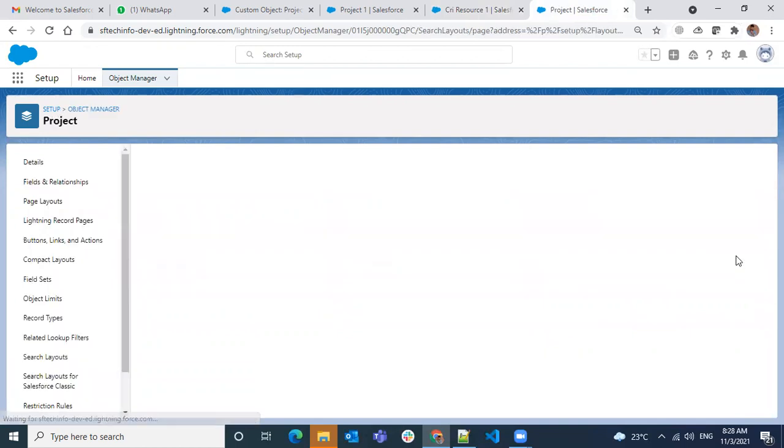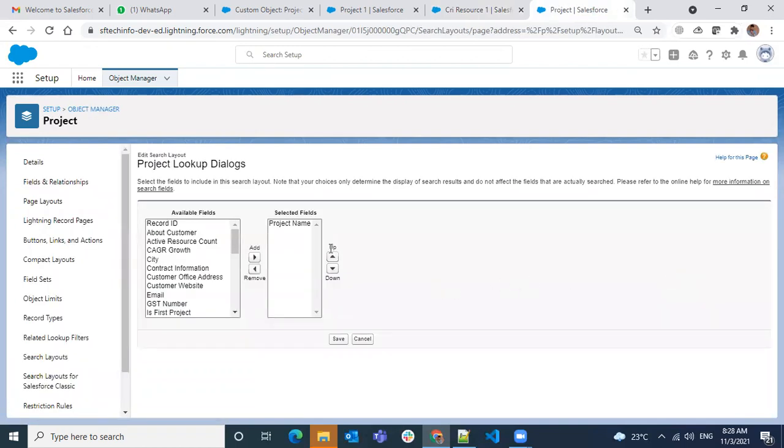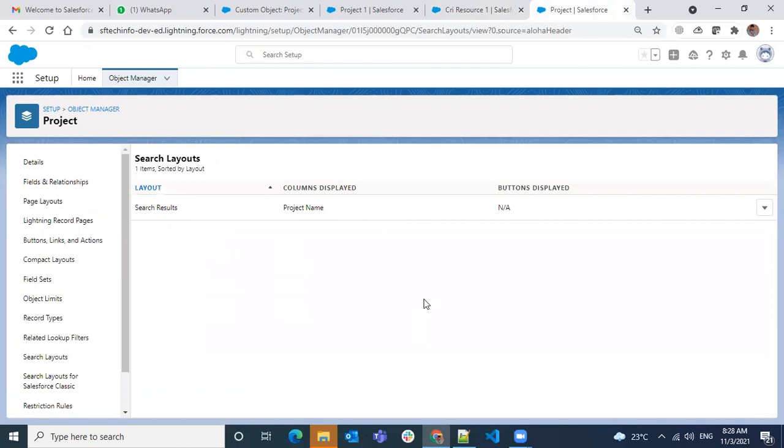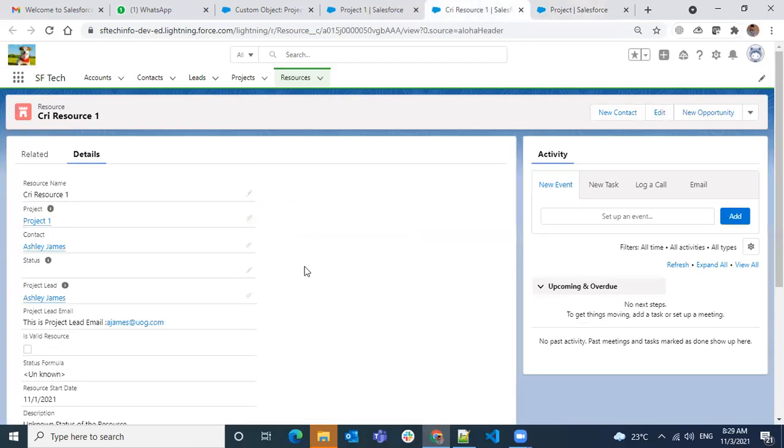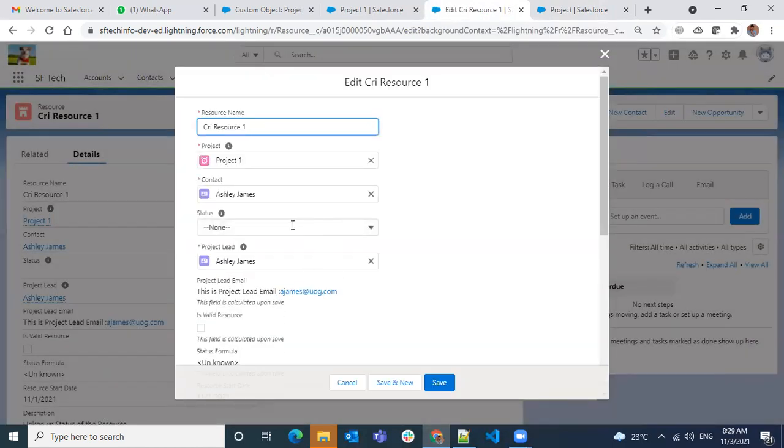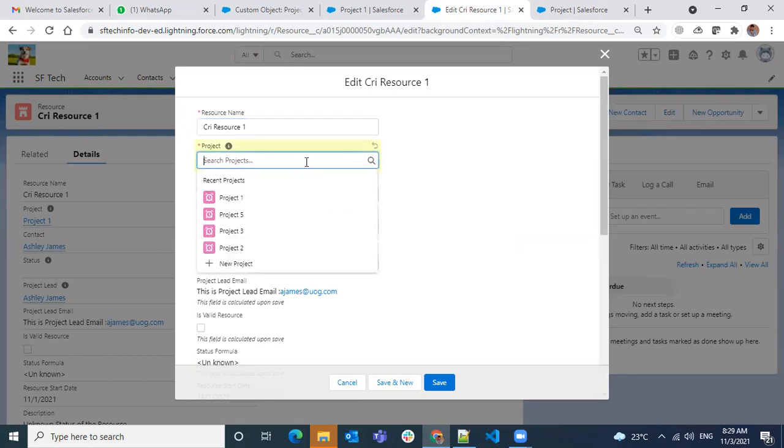Let's do edit. Here we see some information. Let me add more information, just a number, and save. I don't know why it's coming back here. So lookup dialogs: when I edit this record and go to a project, I see some fields, but only the name of the field.